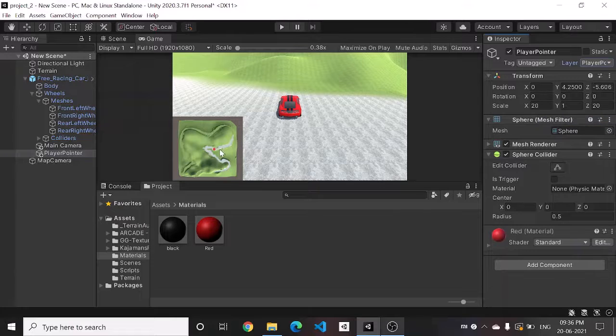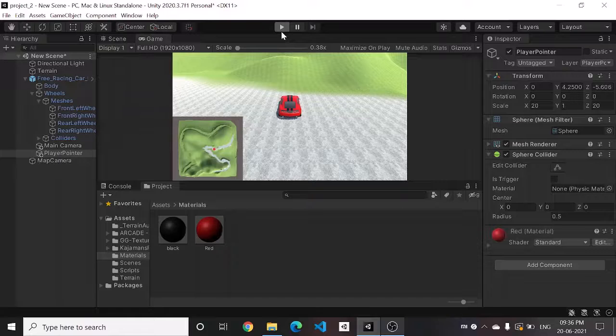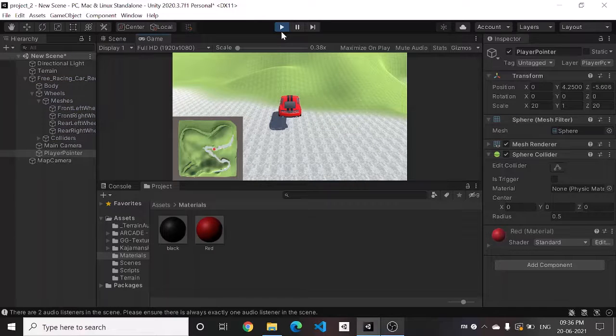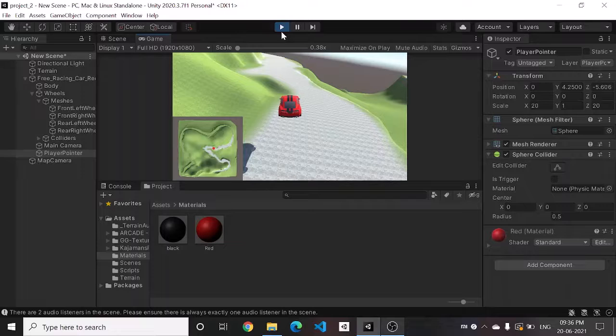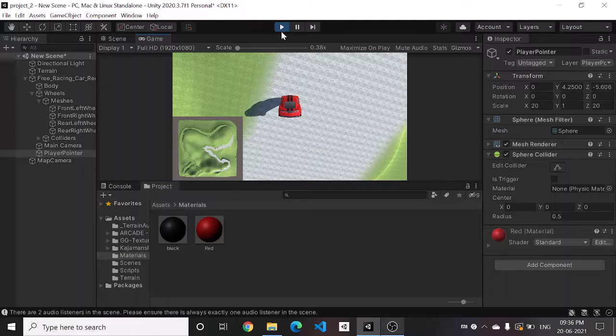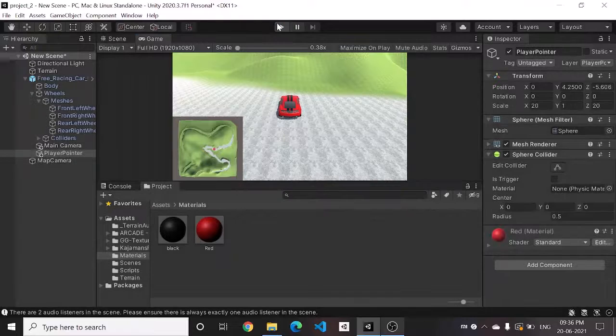Well, that seems fine. Now you can see the red dot on the screen, as well as the game here. Let's see if we are able to... Okay, seems like there's some problem with the sphere.